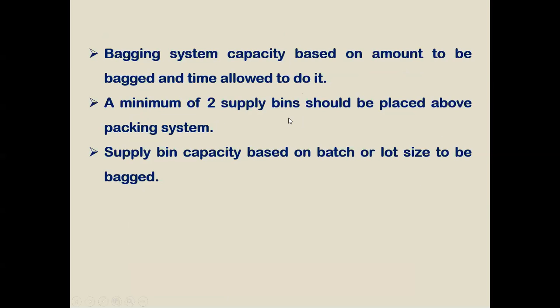A minimum of 2 supply bins should be placed above the packaging system. By that way we can also reduce the time of the packaging. So 2 supply bins should be there at least, and supply bin capacity is based on the batch and lot size. That means it's based on how many tons per hour of finished product is being produced by that particular feed mill. So it depends on the capacity of the feed mill, how much that packaging bins should be